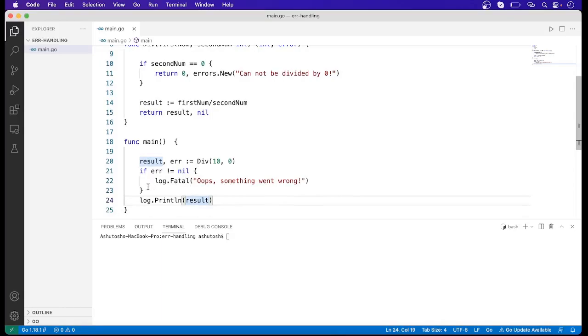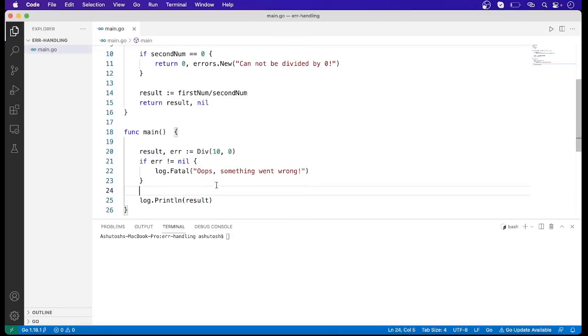Here I am putting a condition: if error is not nil, in that case the log.Fatal method will be called. This method basically exits the execution of the program after printing this message, and if this condition is not satisfied, in that case the result will be printed.